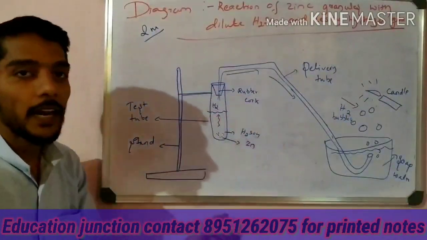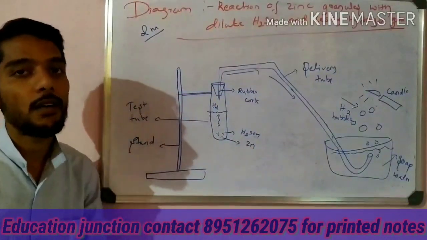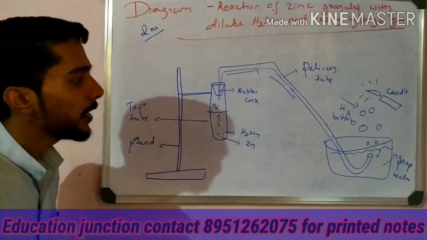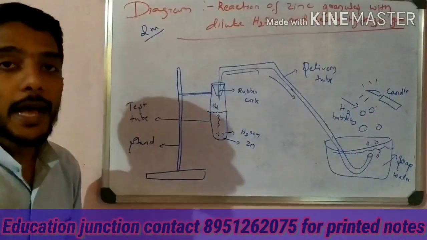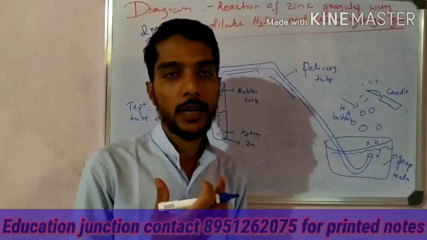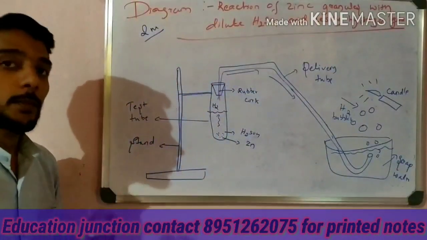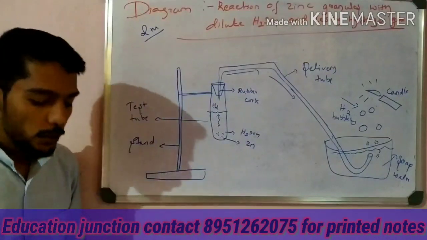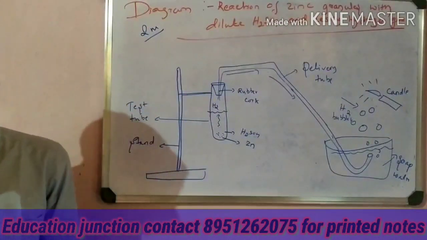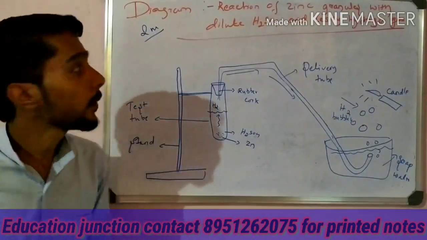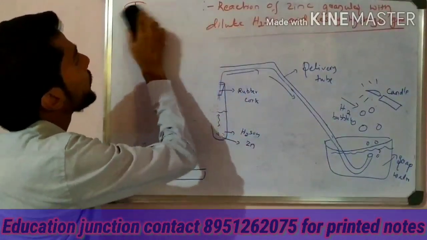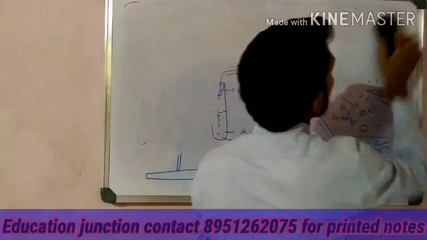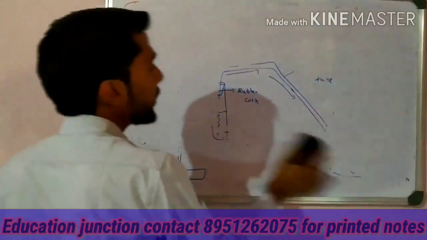It is a very simple diagram; only 30 to 40 seconds to draw it. Okay students, practice this diagram. This is about acid reacting with metals. Please draw this with pencil and scale. Now I take another very important concept, that is base. After that, students, we take another very important concept.